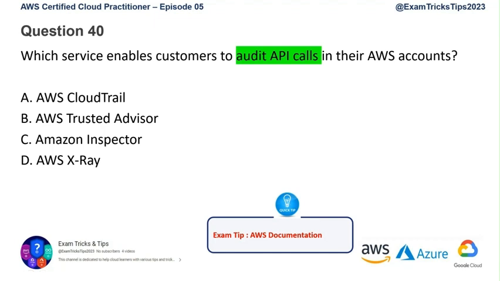The CloudTrail service is made for this purpose. There are obviously lots of features, but one of them is that it enables customers to audit API calls in their AWS accounts. So if you want to do auditing of your accounts, you can use CloudTrail. CloudTrail records user activity and API calls across AWS services as events. These events can be used to identify who did what, where, when, and to detect any unauthorized access or any